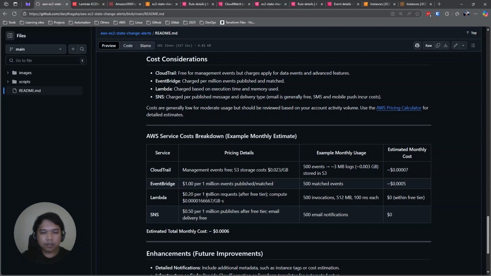For the Lambda, we have $0.20 per 1 million requests after the free tier. It is charged based on the execution time and memory used. Just remember here for the Lambda, the maximum execution time is 15 minutes.